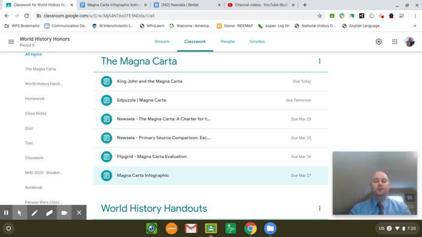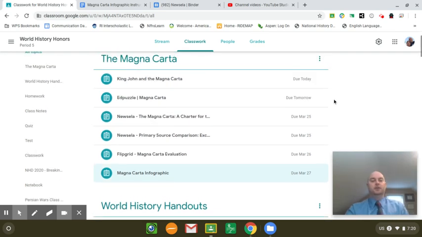The list we have here is reflective generally of what we would do in a regular class week. I have some due dates here as we progress through the week. These are just a guide where you probably should be as you go. If you want to do more in a given day, by all means, go ahead and do that. If you find that you're really heavy on some math or science or whatever else, and you just don't have a lot of time, then you push these off and do them tomorrow. That's fine as well.